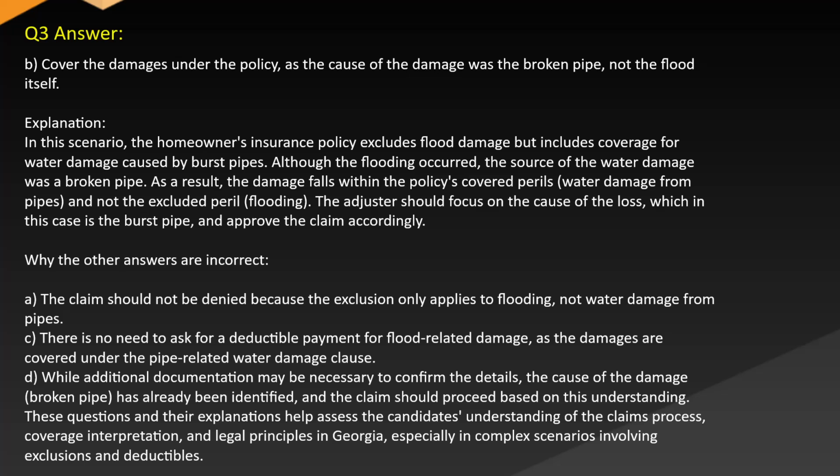Explanation: In this scenario, the homeowner's insurance policy excludes flood damage but includes coverage for water damage caused by burst pipes. Although the flooding occurred, the source of the water damage was a broken pipe. As a result, the damage falls within the policy's covered perils, water damage from pipes, and not the excluded peril, flooding. The adjuster should focus on the cause of the loss, which in this case is the burst pipe, and approve the claim accordingly. While the other answers are incorrect: